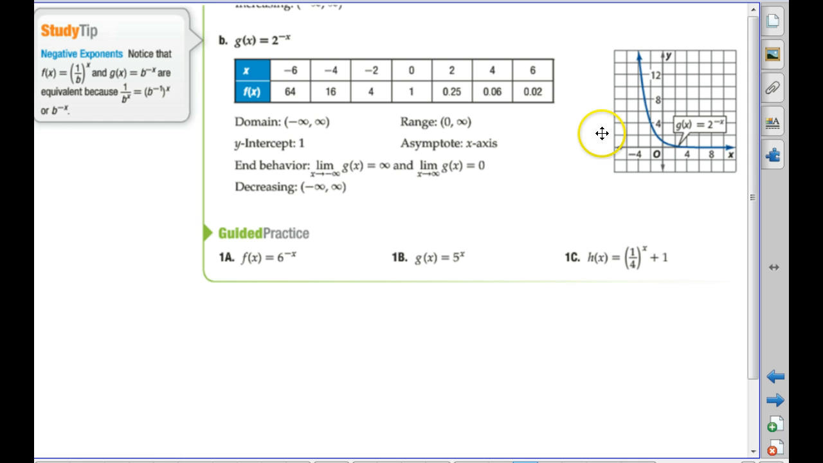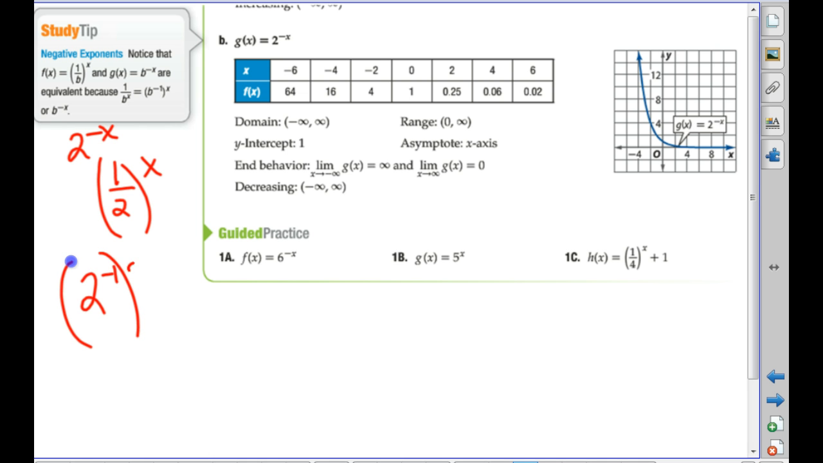So here's another example. They have 2 to the negative x. The big thing we want to talk about here is that 2 to the negative x is really 1/2 to the x, because it's 2 to the negative 1 to the x, and 2 to the negative 1 is 1/2. Everybody okay? 2 to the negative x is 1/2 to the x. It's getting smaller as it goes to the right. It is decreasing